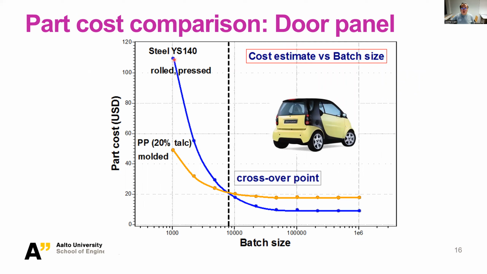So here, as you can see, this blue corresponds to material A, material 1, which is simple steel or pure steel. And this yellow is material 2, which is this 20% PP. And as you can see here, indeed the material cost of the hybrid material is cheaper. Yeah, but what we need to think about is also the batch size. Yeah, because the material cost does not stay constant when you